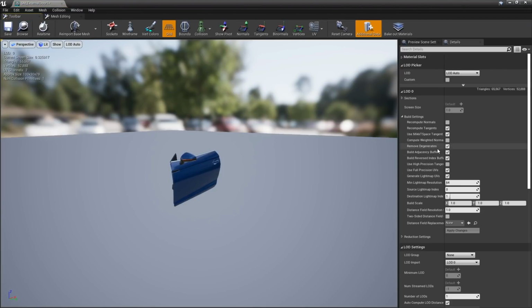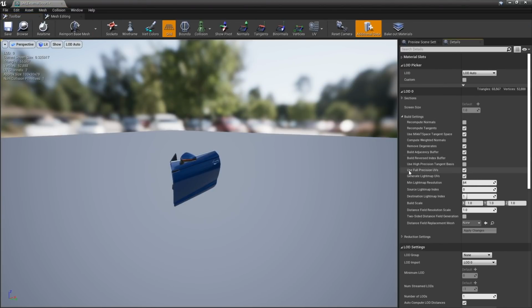So in the door, you can see there is another attribute for high precision tangents, and you want to make sure that this is checked on or turned on. Now, depending on how you imported the geometry, this will be on or off. So if you come in from FBX, that's probably not going to be on. But if you bring your geometry in through Datasmith, this high precision tangent basis is going to be turned on by default. So just keep that in mind. So you need to do two things. You need to turn it on, and then you need to click the apply changes.